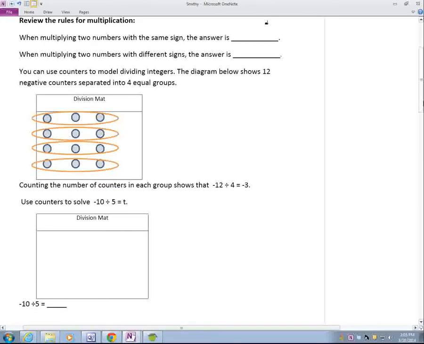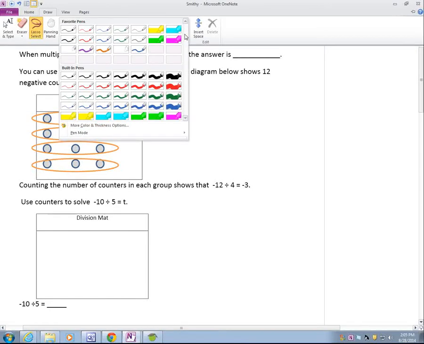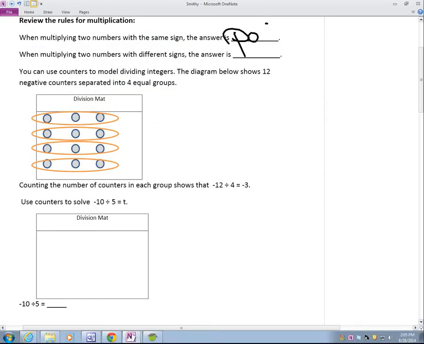A little review over the last 2 days of class. When multiplying two numbers with the same sign, the answer is positive or negative? Positive. Good. Write that down. When multiplying two numbers with different signs, the answer is,